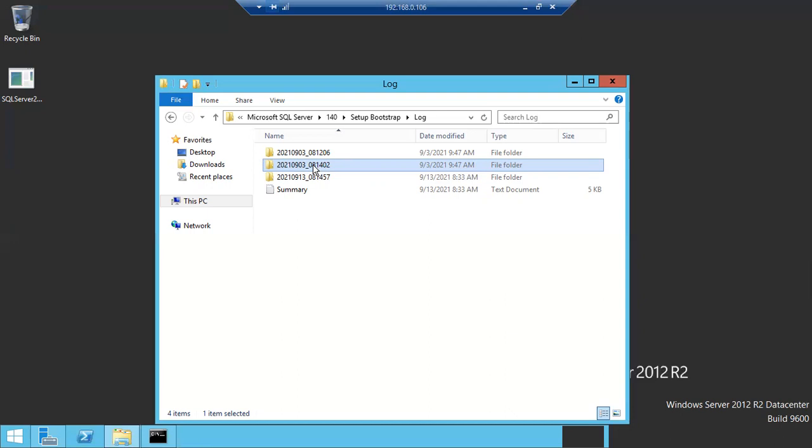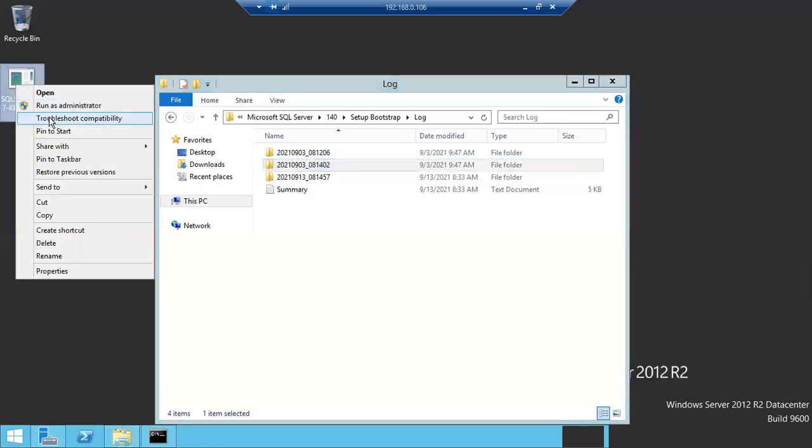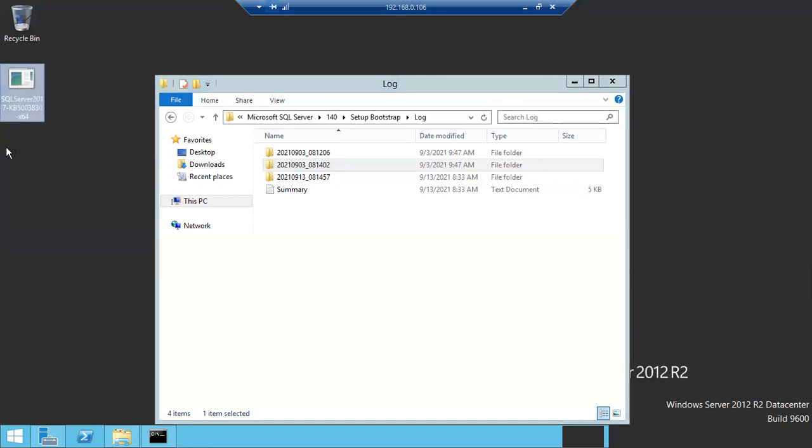Once you open the setup file, right click, run as administrator, from that moment onwards it will start capturing. Even though the setup file is not responding, even though it is closing automatically, even though it was closed in the middle of the patching, even though patching is unsuccessful at the end, in all these scenarios, once you open this patch file with run as admin mode, it will start writing to the log file. It will start writing to the summary.txt file. Whatever the result might be, if it is failed, it is going to write as failed. If it is succeeded, it is going to write as succeeded. So in all scenarios, you will get this summary.txt file.